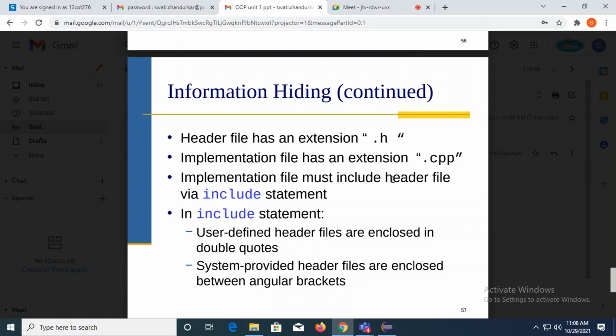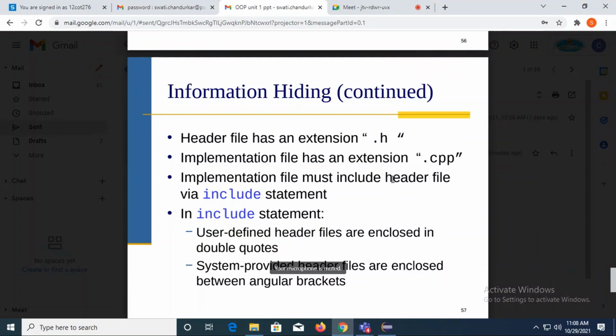There is one more file which may be created when your code is going to get compiled. So a .obj file will also get created. It is an object file, and after the execution, it will be a .exe file. Is it okay? So these are the extensions which are provided for the understanding of the compiler, to tell which type of file it is and how it will be executed.